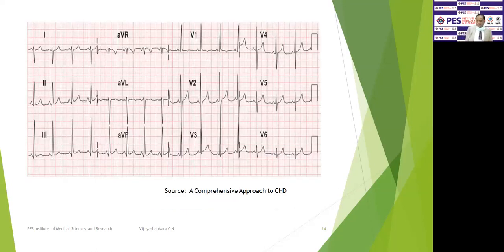The ECG is another investigation which you do, and usually you see that the child will have a right axis deviation. In lead 1, there is a deep S wave, in aVF there is a tall R wave, and in V1 there is also a tall R wave, which are all suggestive of right ventricular hypertrophy and a right axis deviation.